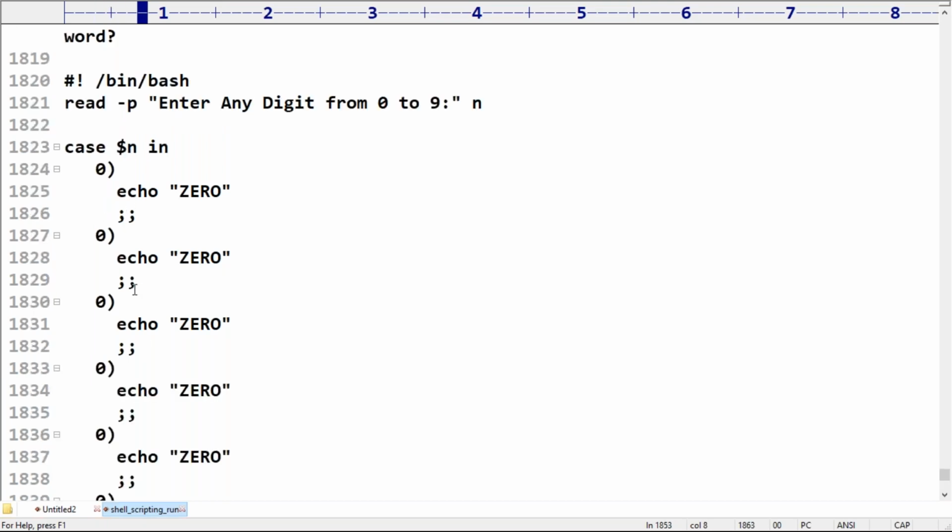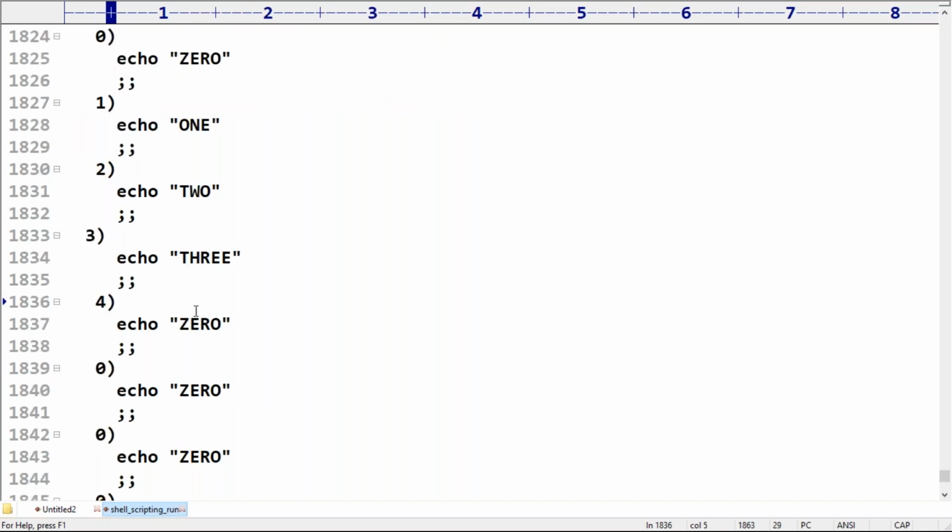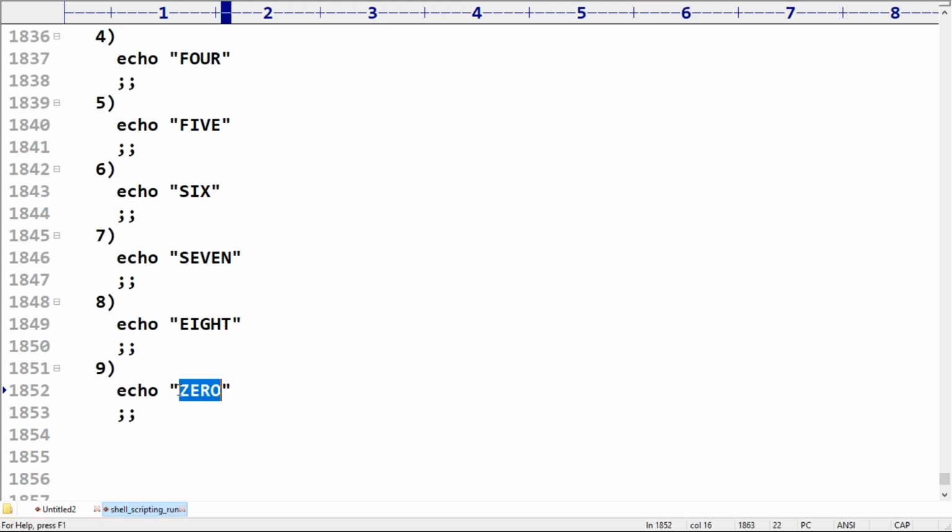Now observe the echo: if it is 0, print 0; if it is 1, print 1; if 2, print 2; if 3, print 3; if 4, print 4; if 5, print 5; if 6, print 6; if 7, print 7; if 8, print 8; if 9, print 9.